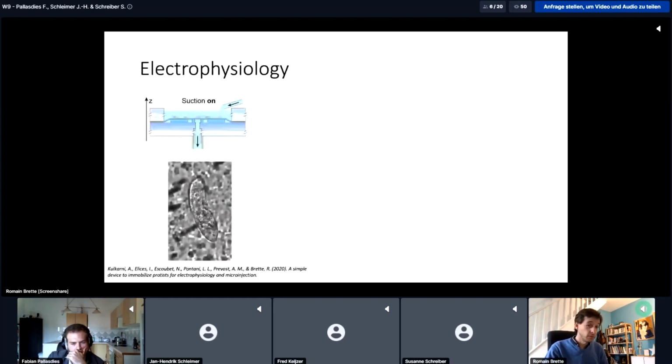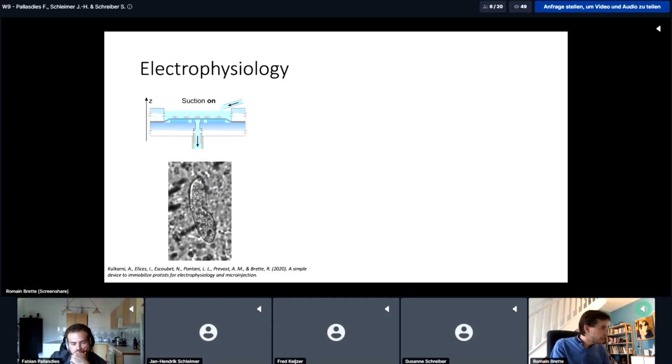So the first thing we need to do is to immobilize it. And in the 70s, they used a fairly complicated technique, which I won't discuss. But because it was a bit technical, we tried to develop something simpler, which is based on aspiration. So we put a filter that has holes that are smaller than the cell, and then we pull the fluid from below with a peristaltic pump, and then the fluid goes back.